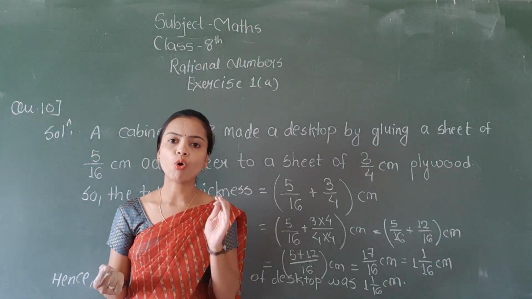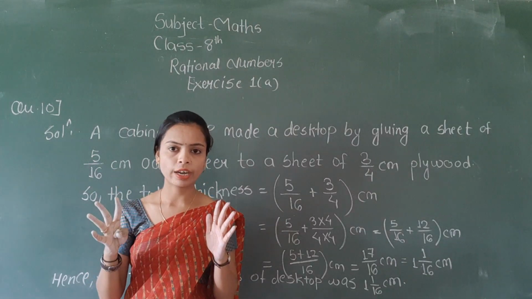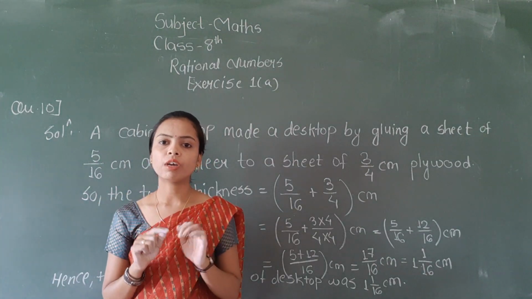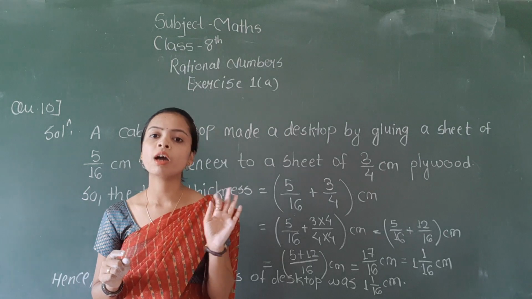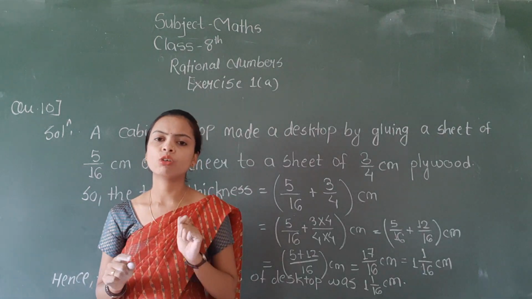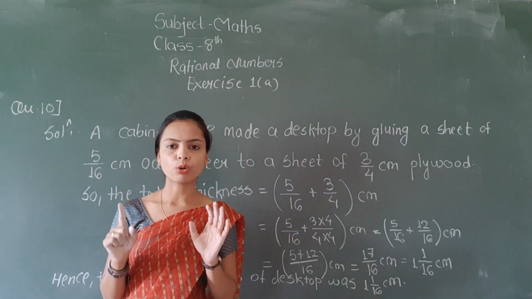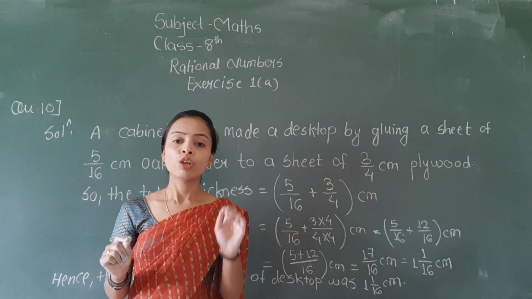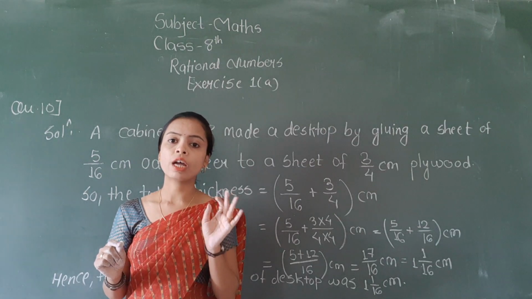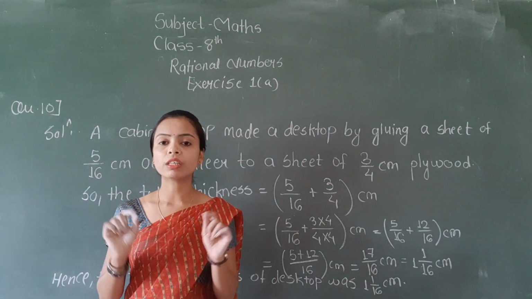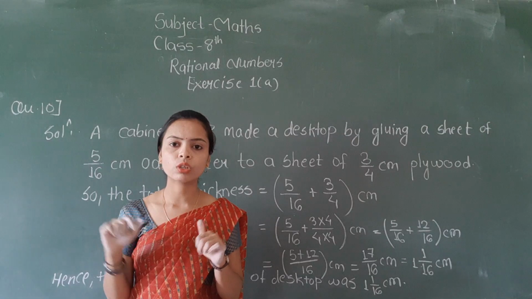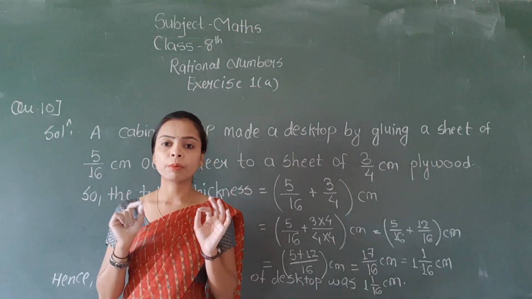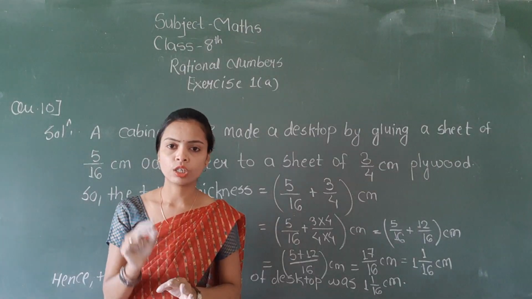If the value of left hand side is equal to right hand side, we say hence our question is verified. Verified means we checked it and they both are equal. That means you have to check in a question that both the sides are equal or not. If LHS equals RHS, that means your question is verified. Okay. So if they are not same, try to make them equal, because ऐसा कभी नहीं होता है कि वेरिफिकेशन क्वेश्चन में आपके दोनों साइड्स इक्वल नहीं आ रहे हैं. अगर आपके कभी नहीं आ रहे हैं तो चेक योर कैलकुलेशंस फर्स्ट.